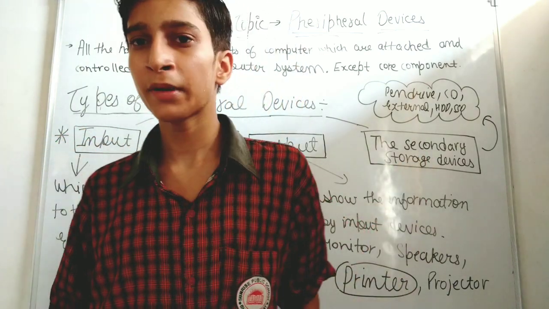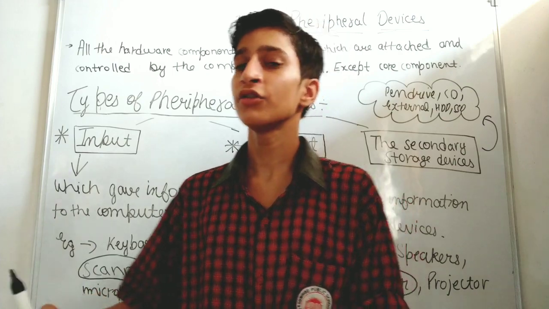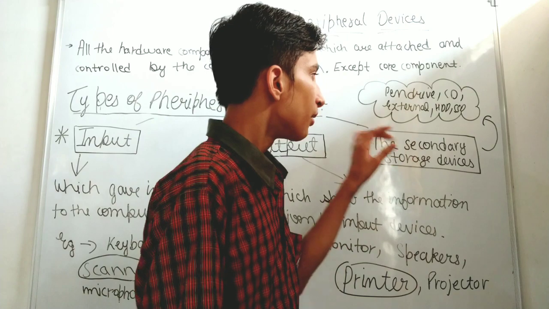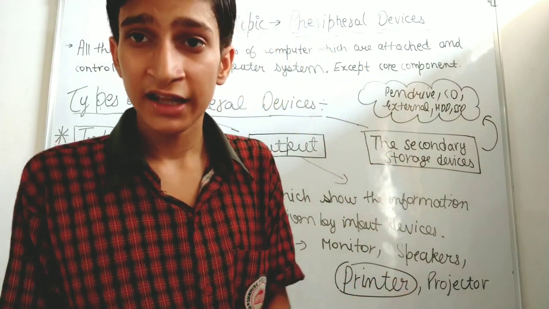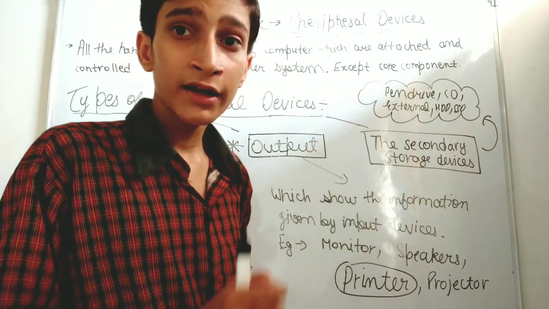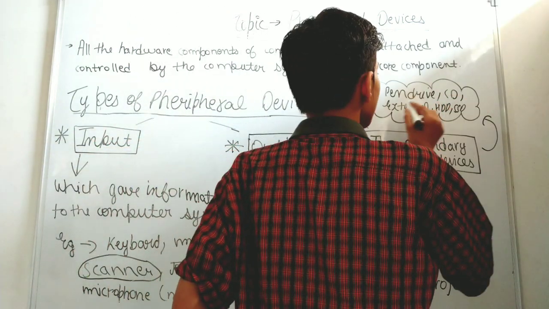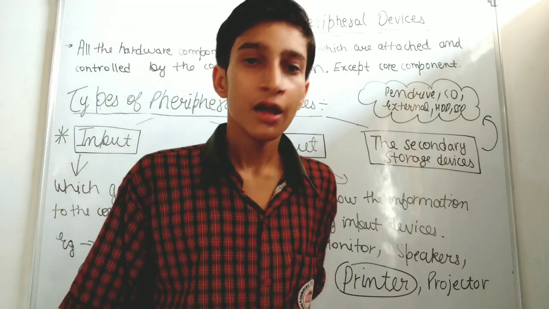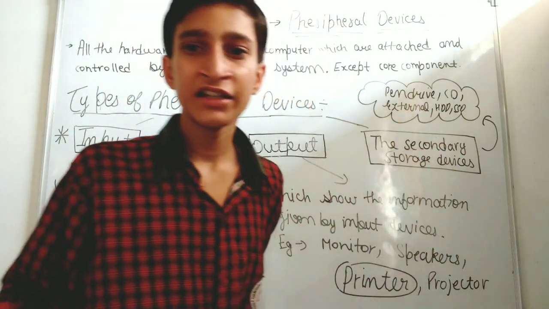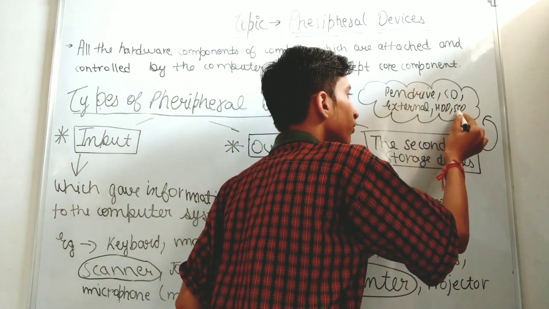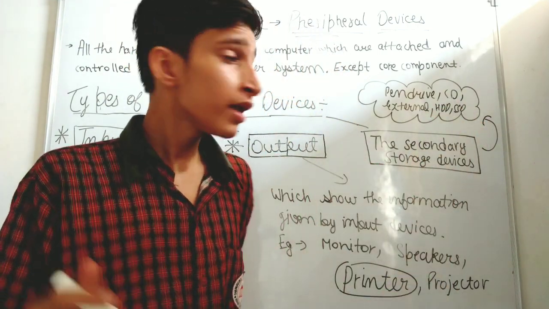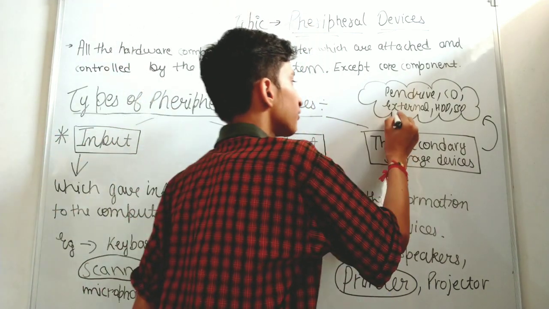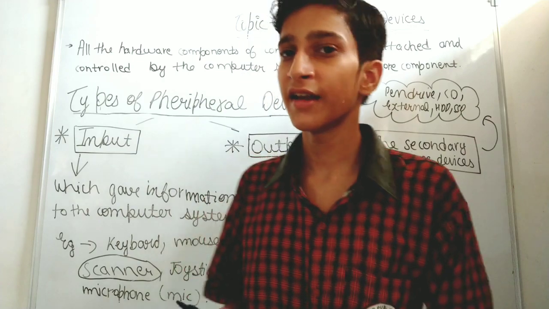For example, a pen drive is not inside the computer. You put it in the USB port of the computer system, then the computer recognizes that a pen drive is attached, and you can store the data in that pen drive. The same thing happens with the CD and external HDD or SSD. Now why have I written external HDD or SSD here? Because SSD and HDD can also be inside the computer, but when we come to secondary storage devices, which are external, that's why I have written external SSD and HDD.